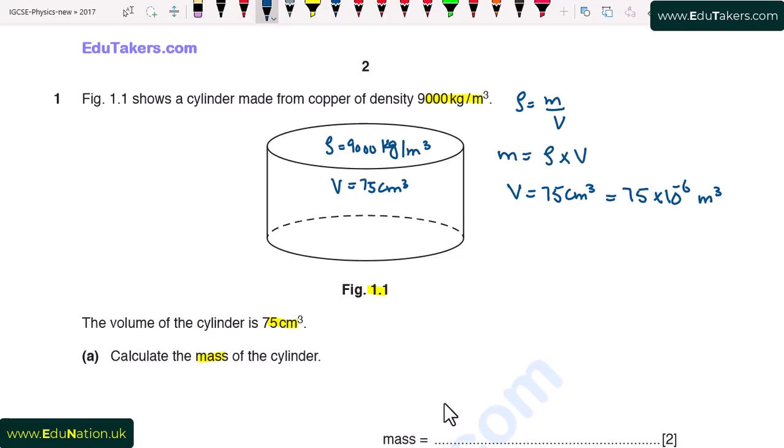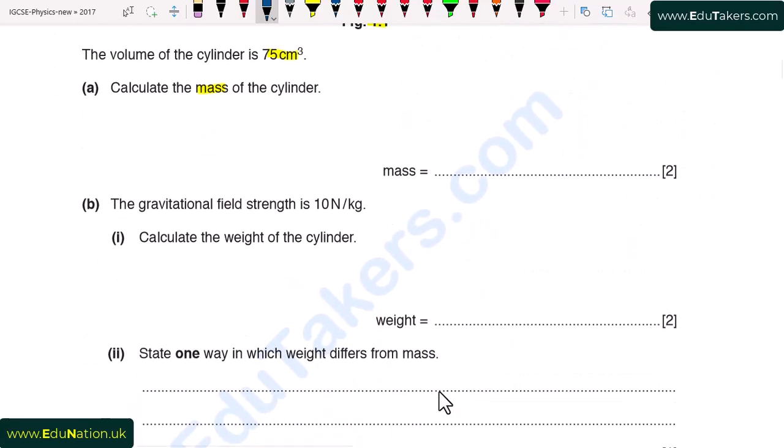Now I am going to put values. So mass will be equal to density, 9000, multiplied by volume, 75 into 10 to the power minus 6. So the value of mass will be equal to 0.68 kilogram. So it's the value of the mass of the cylinder. I write here mass is equal to 0.68